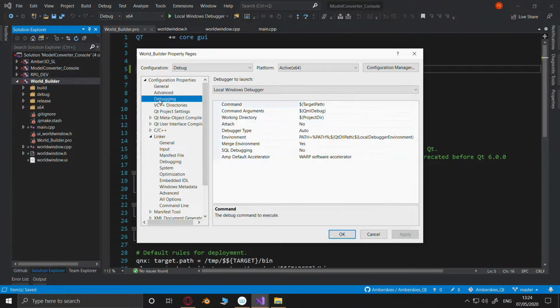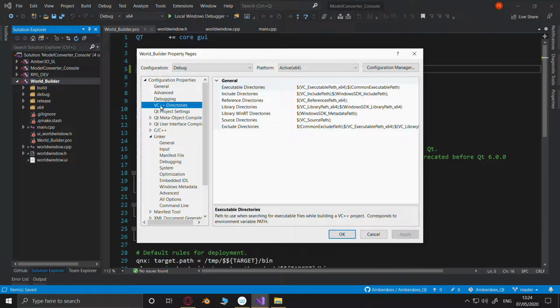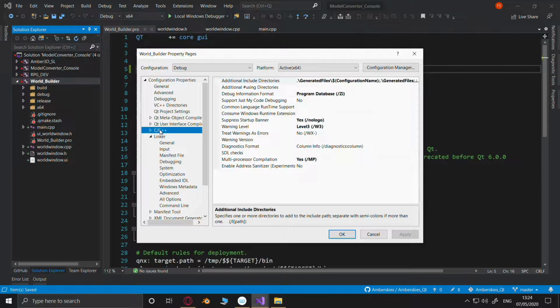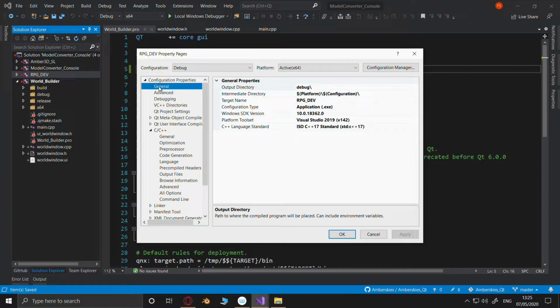Alright. Oh, it's there. C language standard. It is in general.